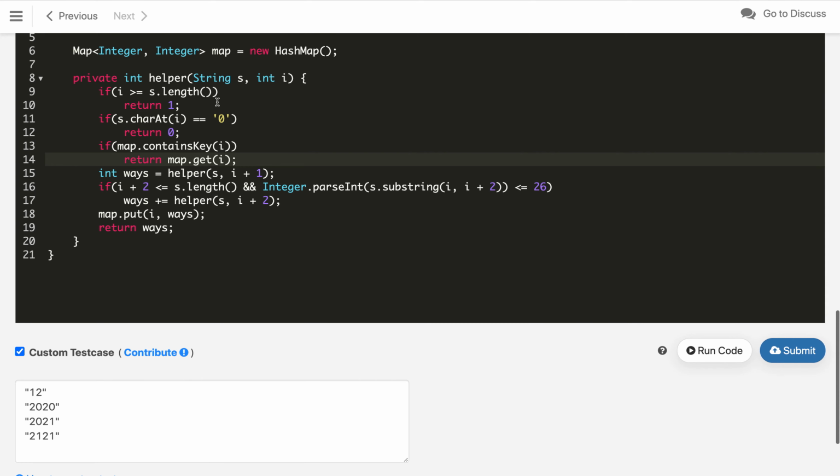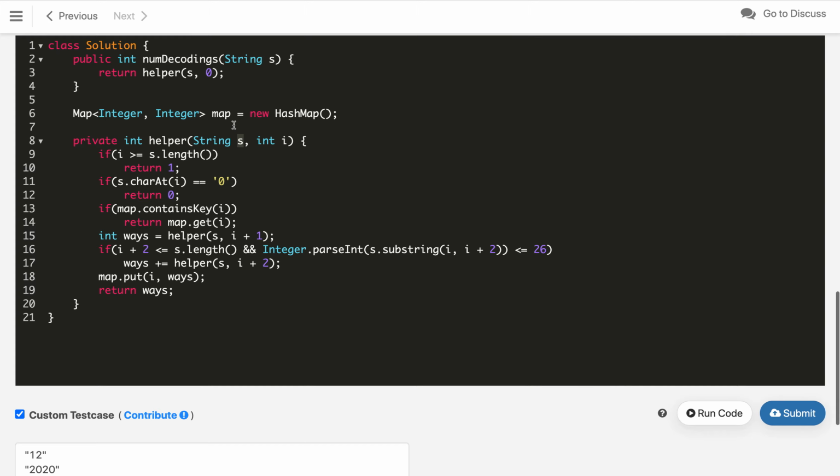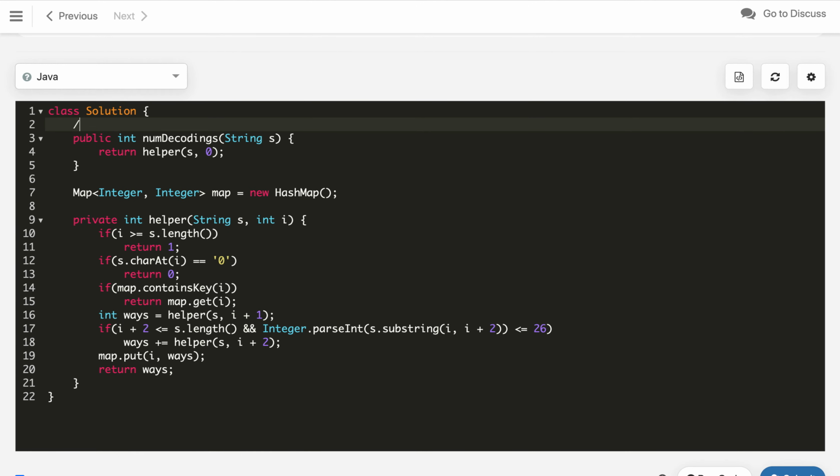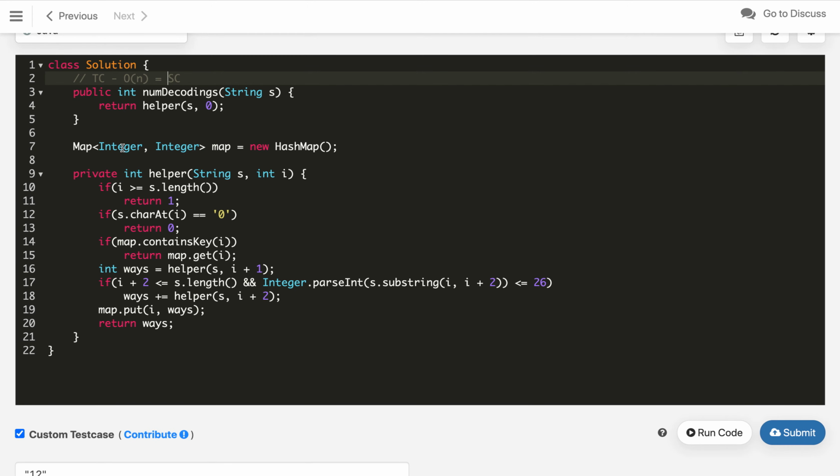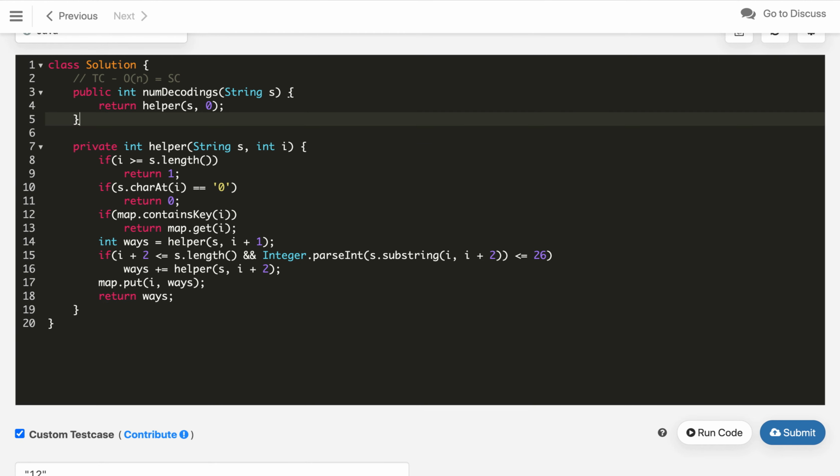So, the time complexity of this solution, as you can see, we are just processing the string once, which is O of n. So, the time complexity of this solution is O of n, and space complexity is also O of n. You can also change this code: instead of a map you can use an integer array. You just need to change over here, and you can pass that integer array in the method call itself, new Integer of the length size, which is s.length, the length of our string.